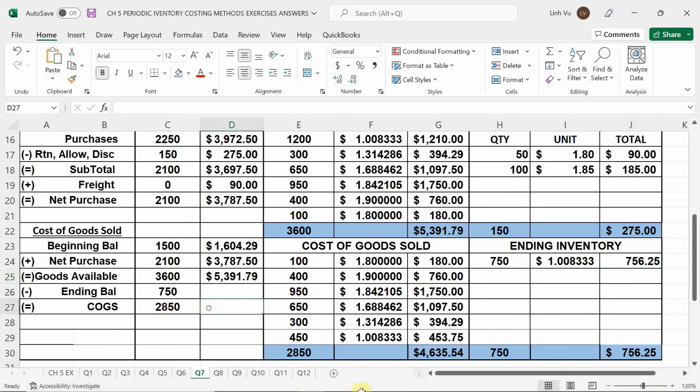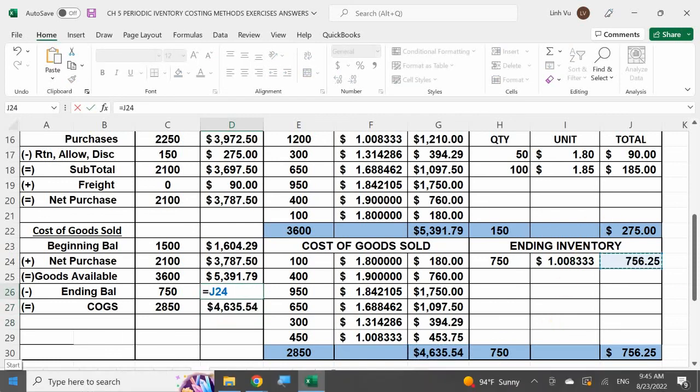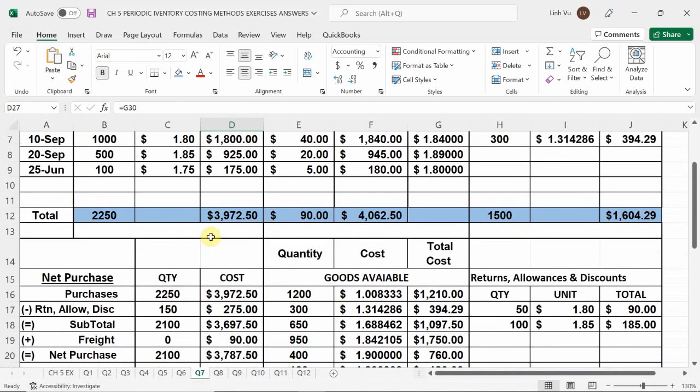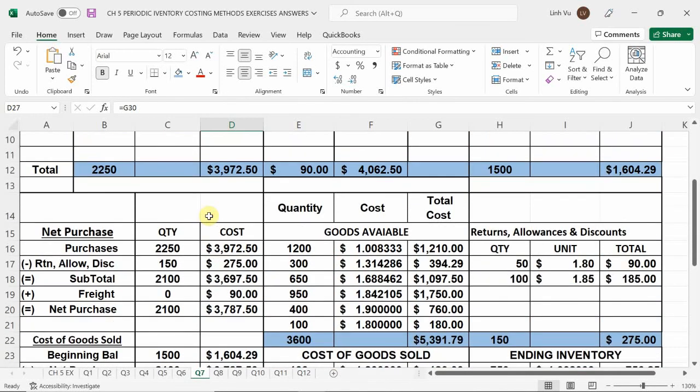Okay. So in this case, you got a grand total of 4,635.54, and then you would have had a leftover remaining of this. Now, if you already knew, right, there's also another extra shortcut here. If you already knew that your whole entire purchases was 2,250 units, you could have simply just taken that 2250 and at the grand total of that, or I'm sorry,